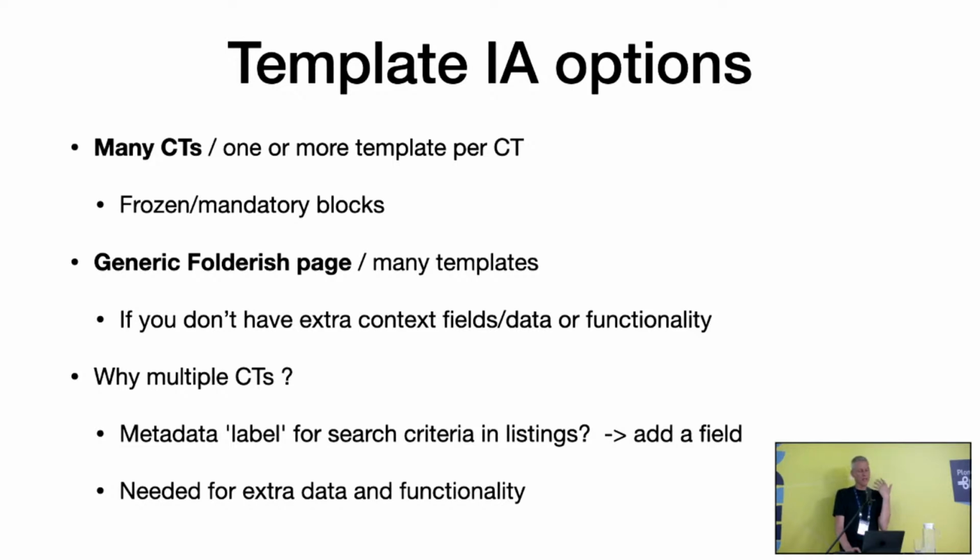Either you do many content types and you have one fixed template, also in Volto now, if you don't try one of those add-ons, or you have a generic folderish page and you can add many templates to them and say, look, this is a page, but on this page is maybe semantically something about legal stuff, or what can you do to protect the environment, or something else. So that's why multiple content types. You can also add one metadata label to your page content type and say, look, this page is about this communication concept, but for the rest, it's the blocks layout, and you're totally flexible.